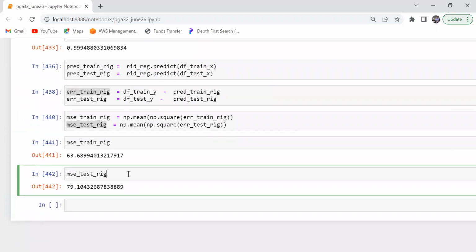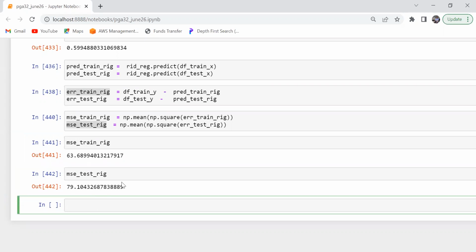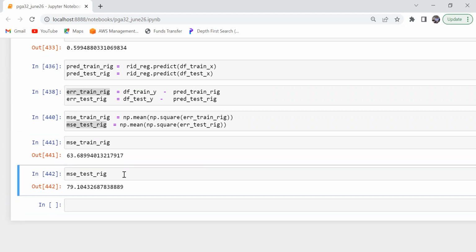Right? And do you also notice one thing? I had said that the error in your ridge would be more than the error in your linear. हम purposefully errors को increase कर देते हैं, right? So now the MSE in your test ridge has reduced from trillions to just 2 units.